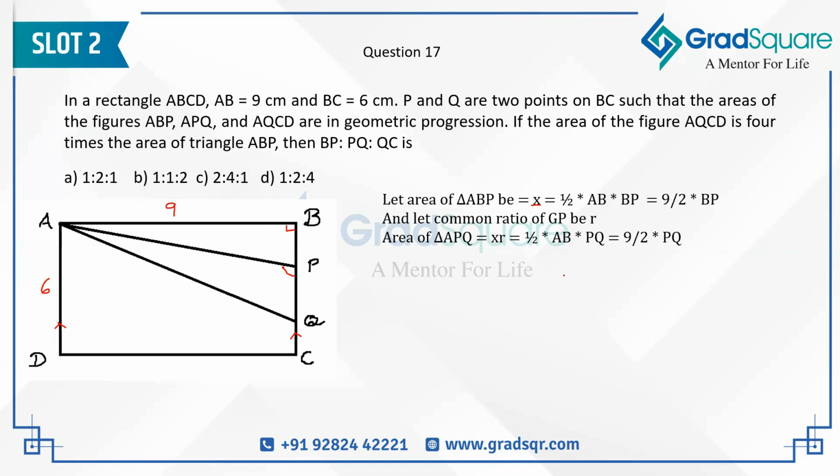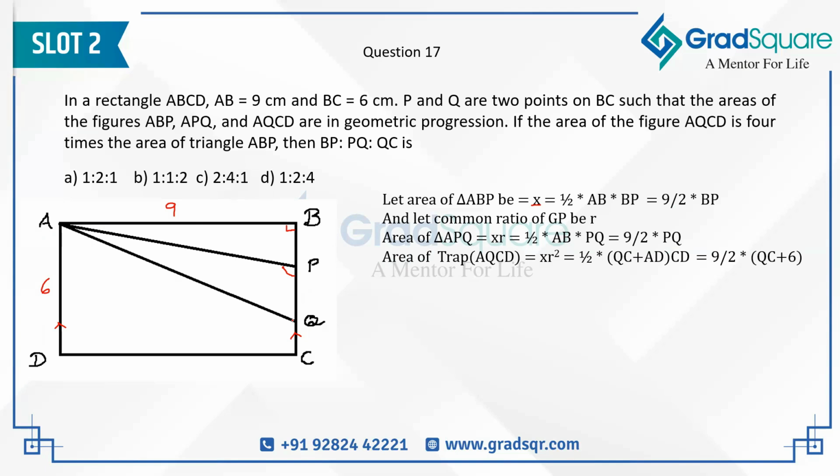Why AB? Because AB is the perpendicular distance of the vertex A from the base PQ. So AB will be the height for triangle APQ as well. Base of this triangle will be PQ. So half into AB into PQ, once again putting AB as 9, I get area of triangle APQ as 9 by 2 into PQ. And similarly, we can say that area of trapezium AQCD can be written as XR square,